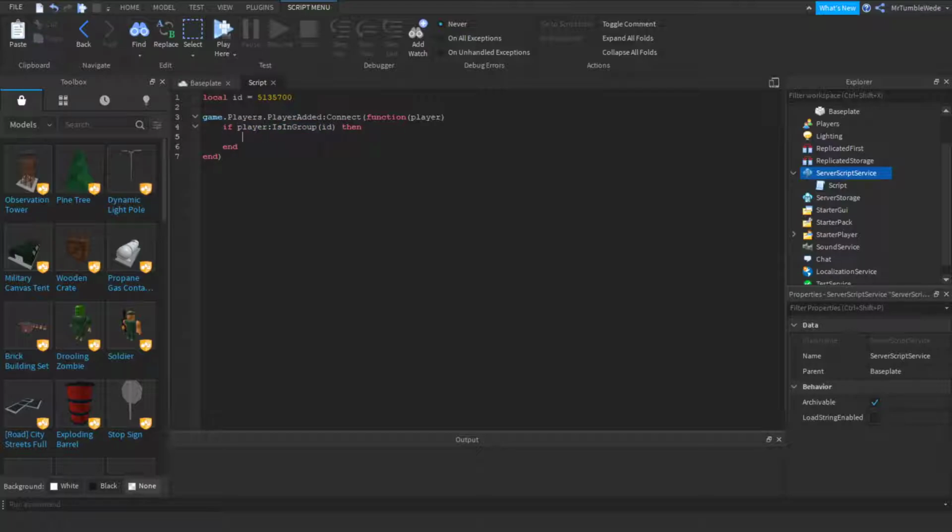So we can do else print player.Name, this is not in the group. So this keyboard kind of sucks. So anyways,